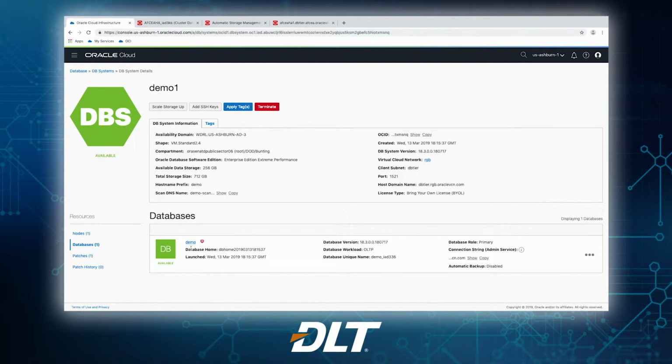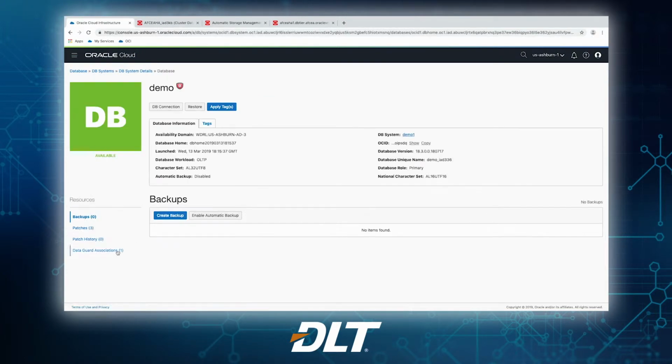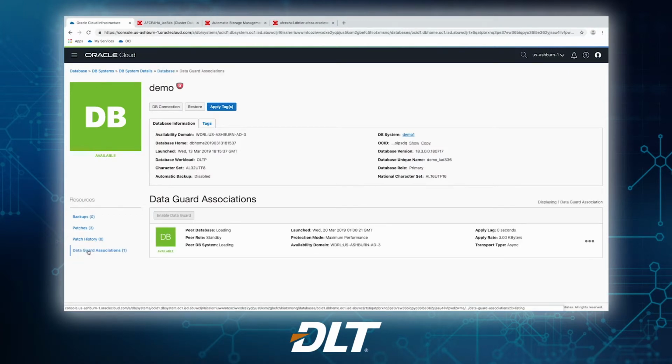Here we have a database, and this little indication indicates that we have a Data Guard copy. So if we need a standby database, we simply tell the Cloud Console, create me a standby database. Here's one already been created. Let's go down here. So here we have our Data Guard association. And if something happened to this instance and we wanted to fail over, we'd go to the other instance and do a failover.